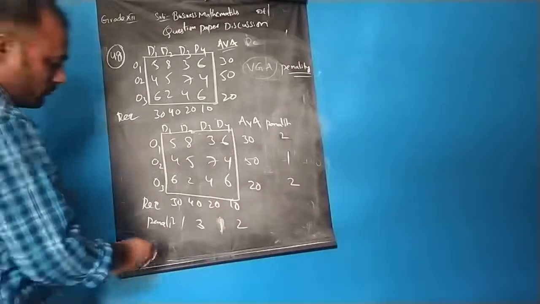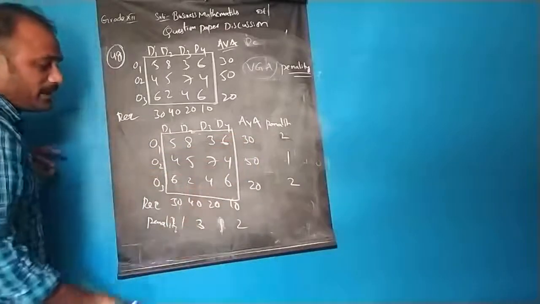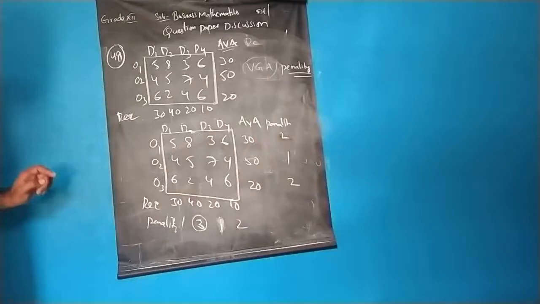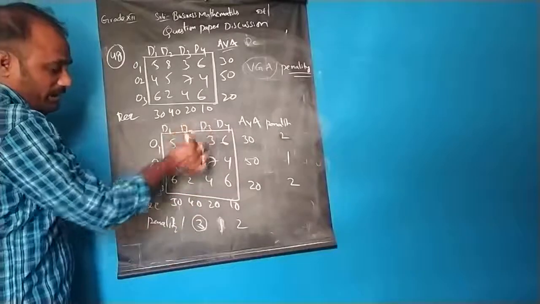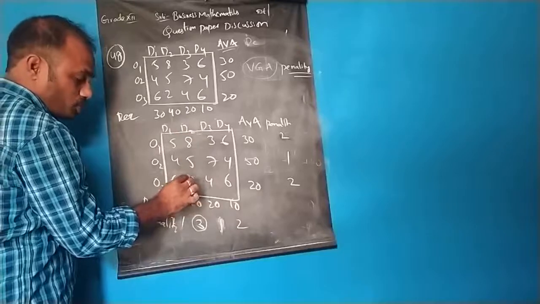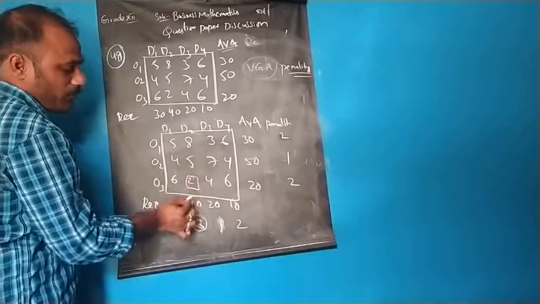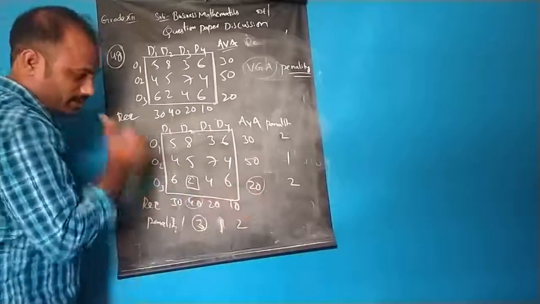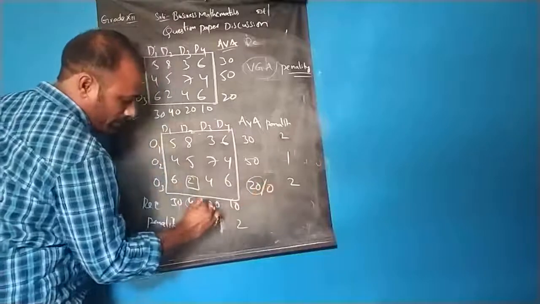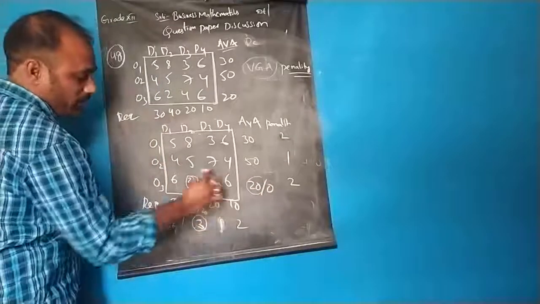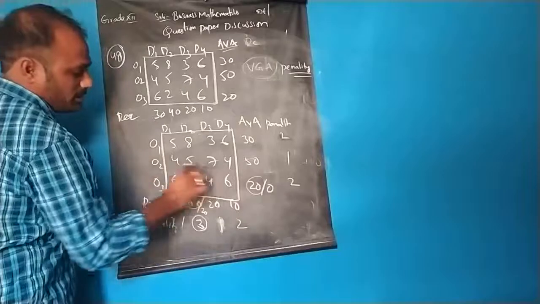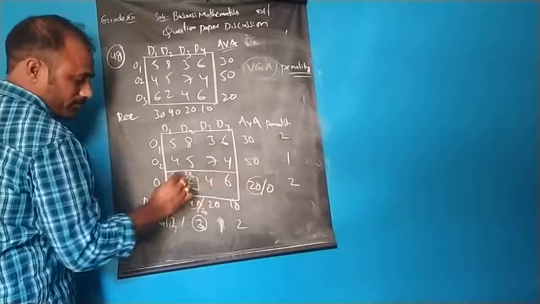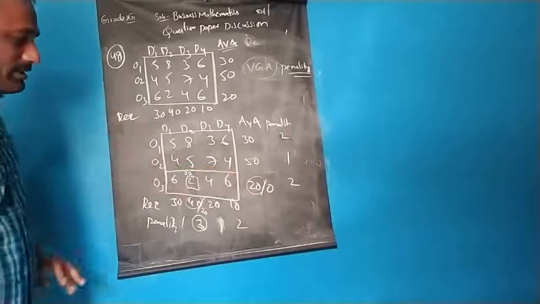After writing the penalties, we have to identify which is having the highest penalty. If you observe these penalties, the highest penalty is 3. In this column, what is the smallest number here? 2 is the minimum number. So this 2 is related to which numbers here? 40 and 20. What is the minimum value of 40 and 20? It will be 20. So 20 minus 20 will be 0, 40 minus 20 will be 20. Since I subtracted 20, here it will be 20. Since I got 0 here, this total row will be eliminated.